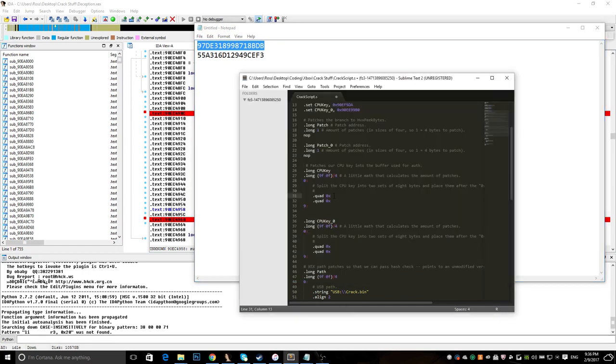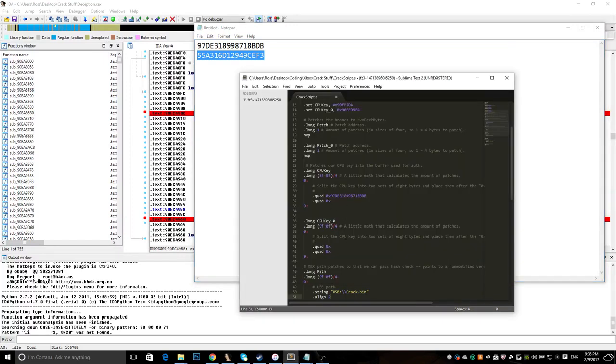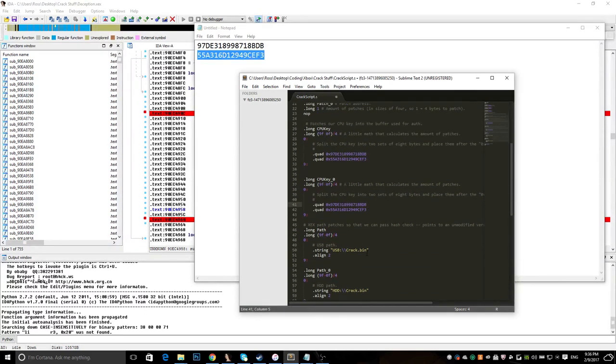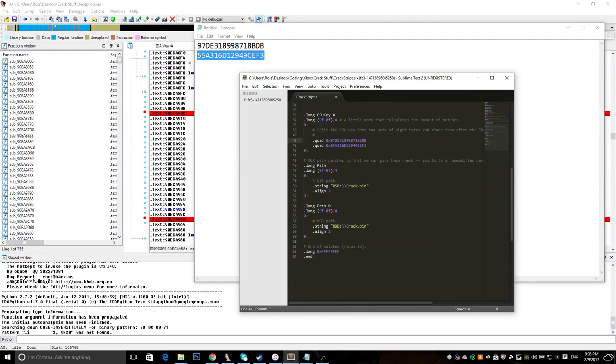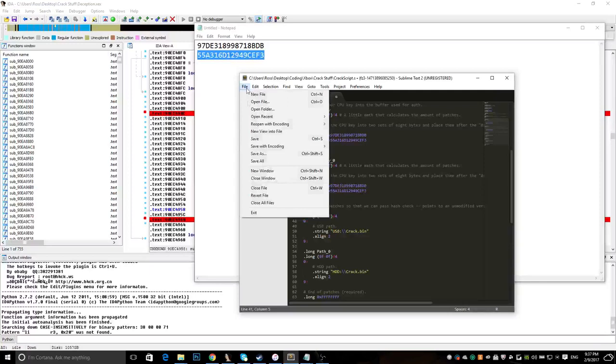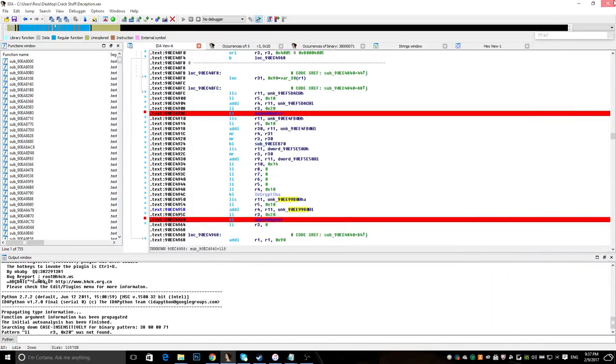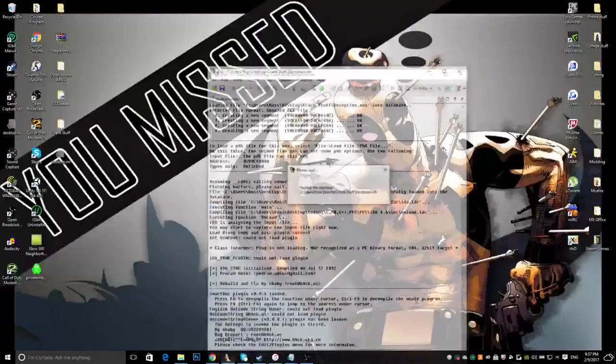So just put this here and put this here. So I'm going to copy this, put it down here, just like that. So now basically that's us done with IDA and the script. We're almost halfway there. So just save the script, close down this, close down this, close down IDA, and